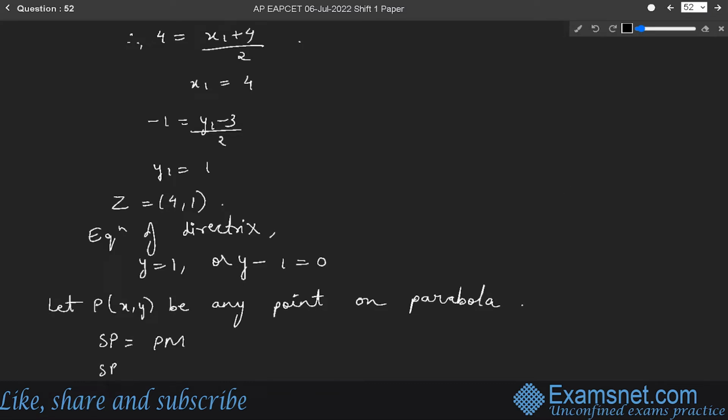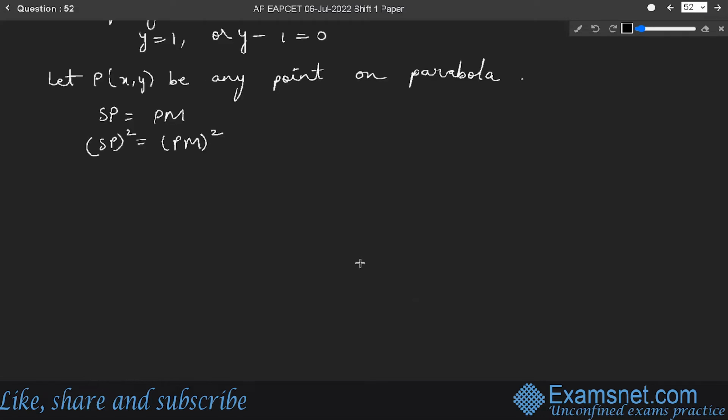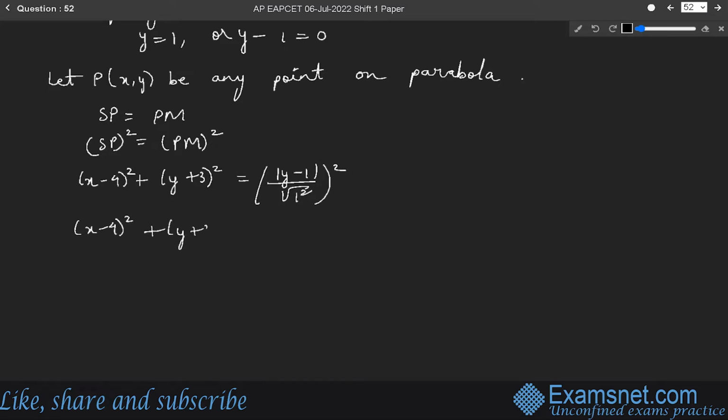So, therefore, SP square will be equal to PM square. Now, substituting the values here, it will be x minus 4 whole square plus y plus 3 whole square will be equal to mod of y minus 1 divided by root 1 square whole square. So it will be x minus 4 whole square plus y plus 3 whole square is equal to y minus